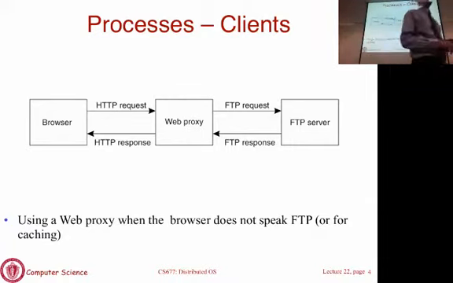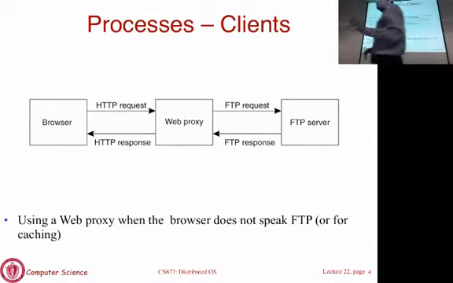Okay, more than web pages, proxies are actually used when you're accessing video content from the web. They are often used to take, let's say, a high bandwidth stream and convert it into a lower bandwidth stream if you have a slow connection. So if you have a phone connection, you may not want to see it in HD quality on a small display. Right? Then you are wasting a lot of bandwidth to get a high quality video stream, and you can only view it at much lower resolution that a phone may support.